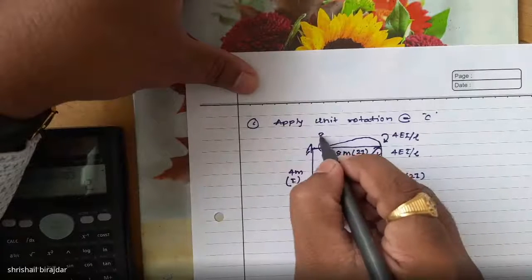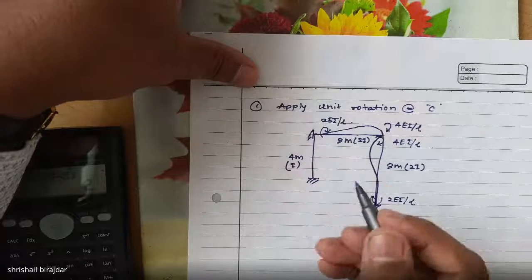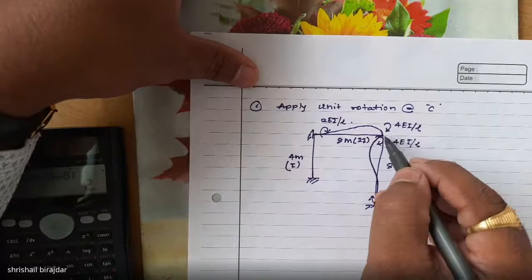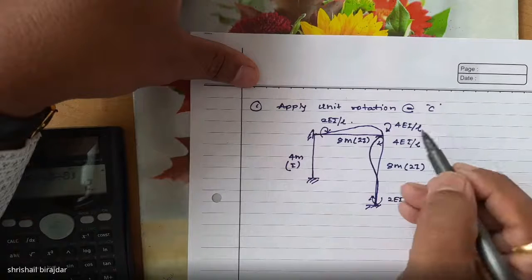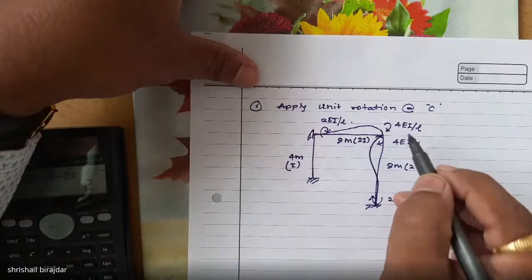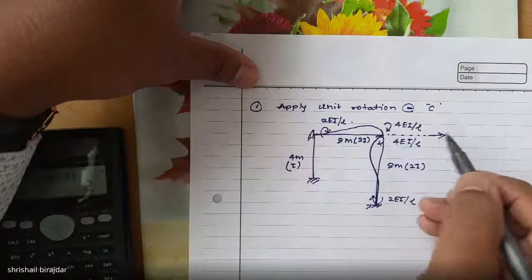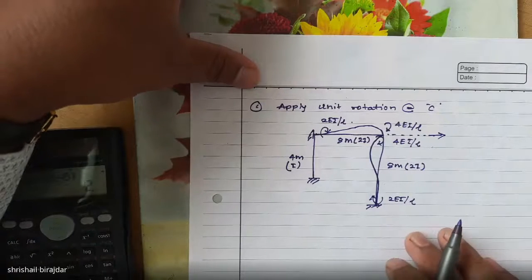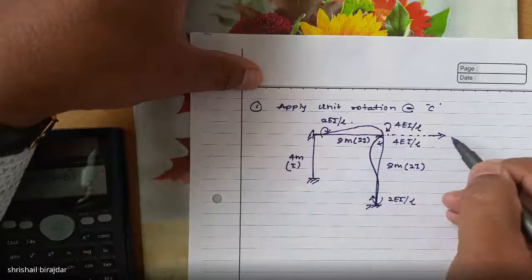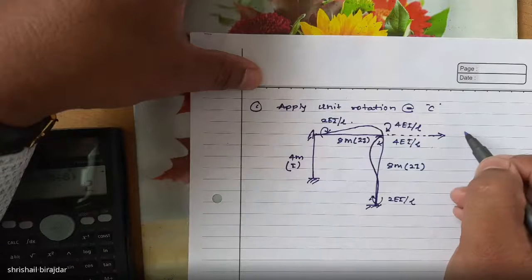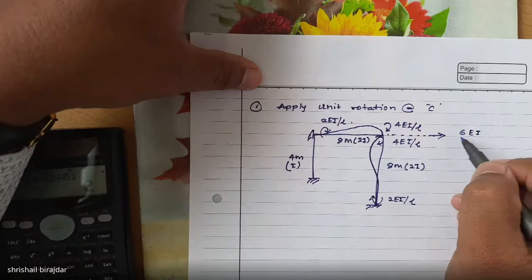And here 2 EI by L. Likewise, for getting the translation, the line of action of force is the same. If you are getting a translation here and here, it is the same. So you just find out the force here, and this particular force is transferred into this particular point. So the translation we take as 6 EI divided by L square,